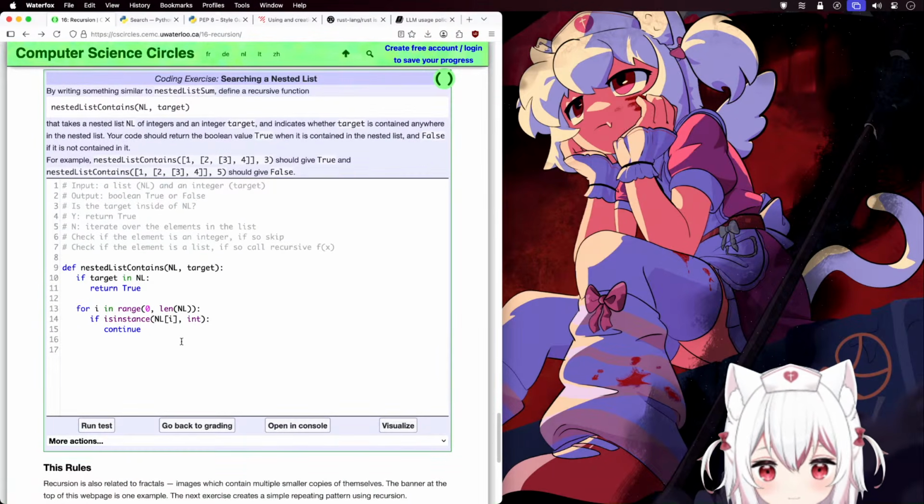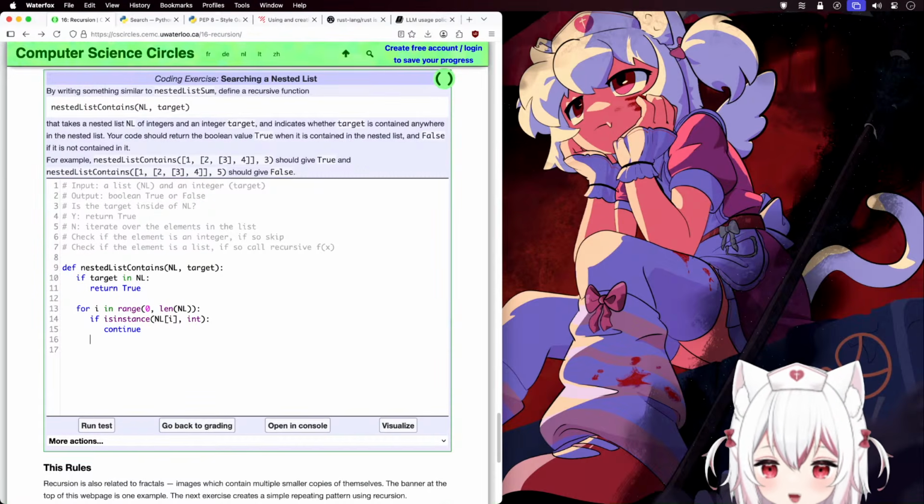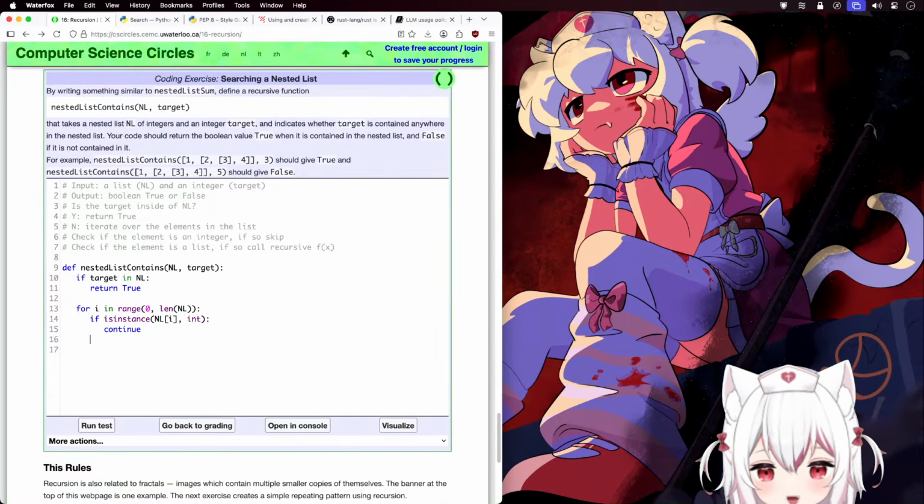I've never ever used isinstance to solve anything before. So then if it's an integer, like in this case with this list, we want to go from index 0 and just skip to the next index, which is index 1. So if isinstance, and now if it's a list, however,